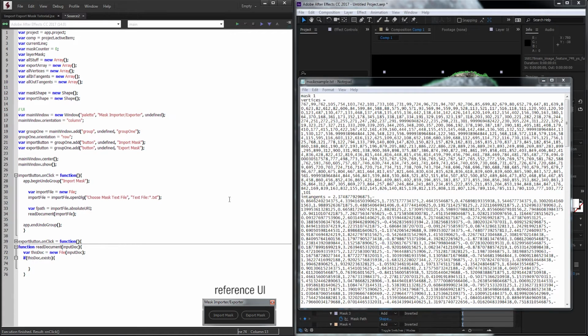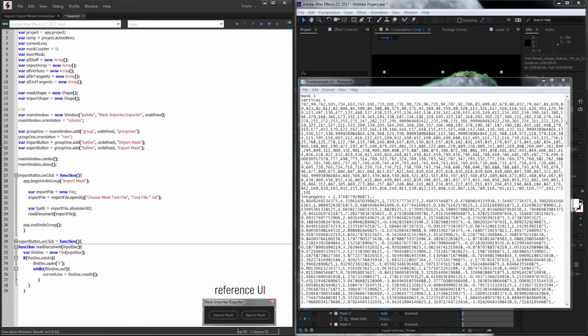And this first line of code will be thisDoc.open. So we're going to open up the file, and we're going to read it with an R instead of a W for write. And then we're going to go ahead and put in a while loop. So while it's not the end of this document, or EOF stands for end of file, so while it's not at the end of the file, basically the last line, we're going to want to set currentLine, which we defined up here. We'll set currentLine to this